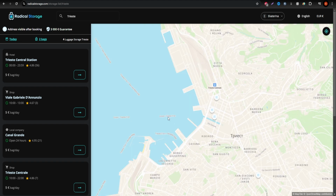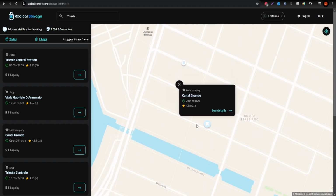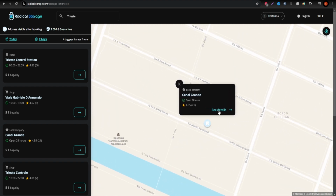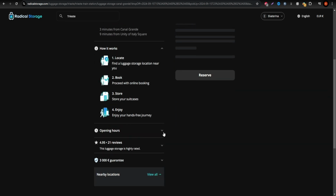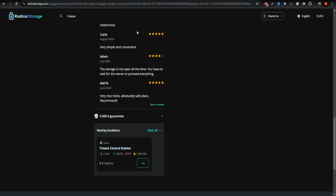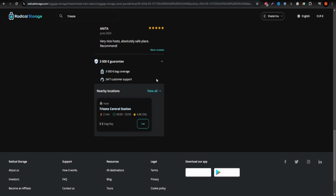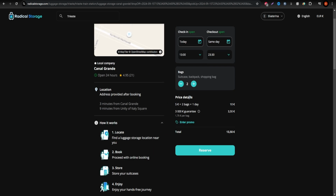Choose a location that best suits your plans, whether it's near tourist attractions, transit hubs, or the city center. Select your preferred drop-off and pickup times, then proceed with the secure payment process, knowing that Radical Storage ensures the safety of your transaction. After booking, you'll receive a confirmation with a reference number and directions to your chosen storage